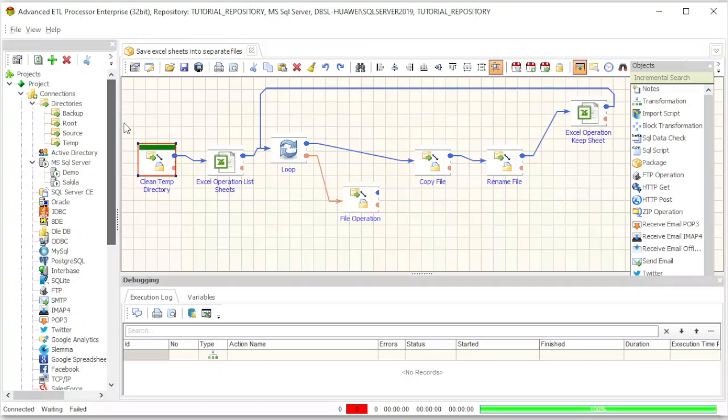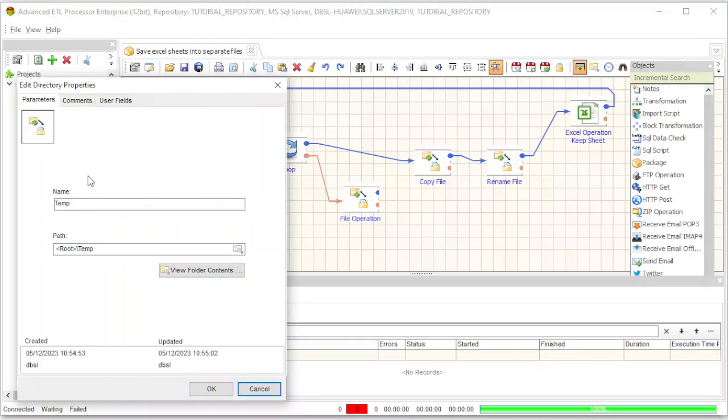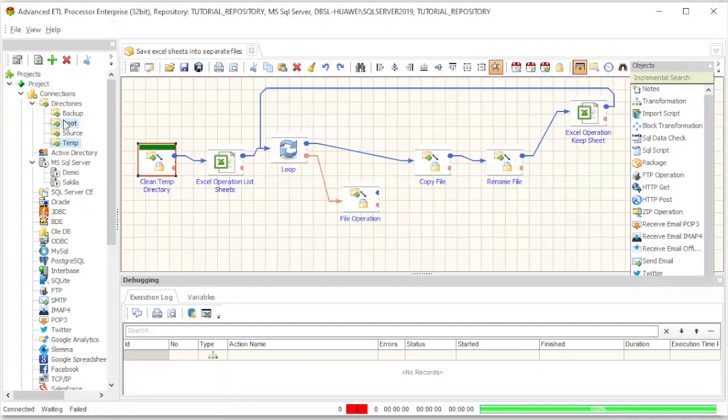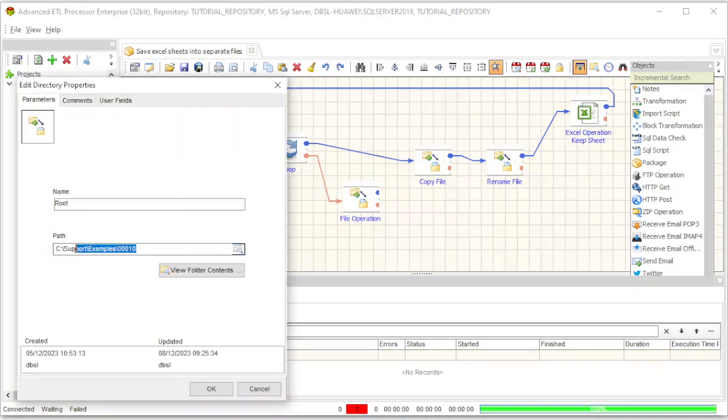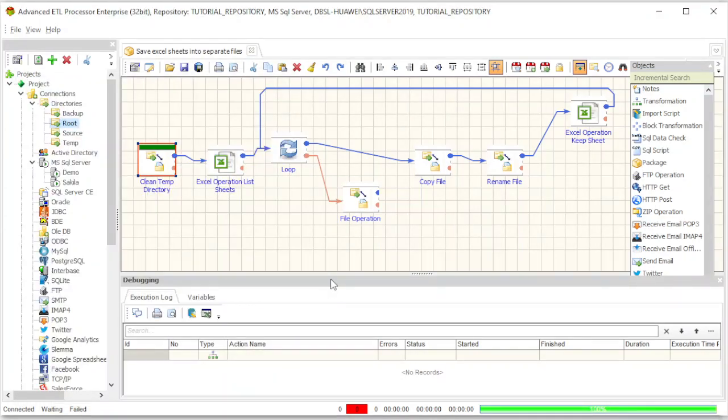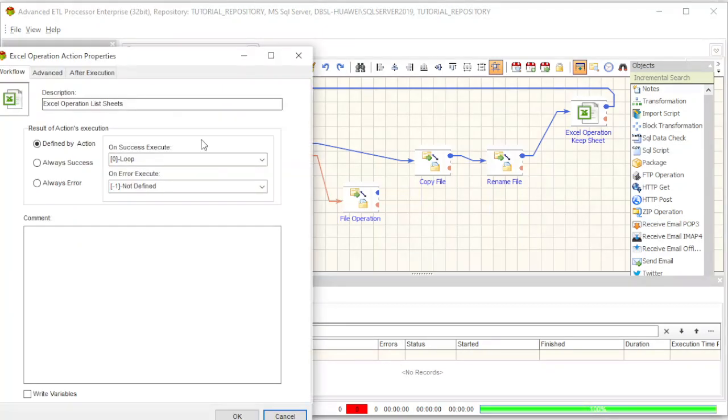Just to avoid confusion, let me show where the temp is coming from. This directory is linked to root. Okay. So once we clean up the directory, we create a list of Excel sheets